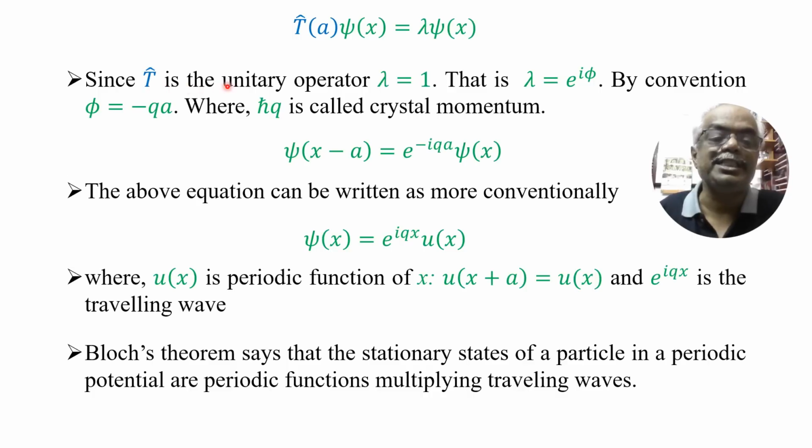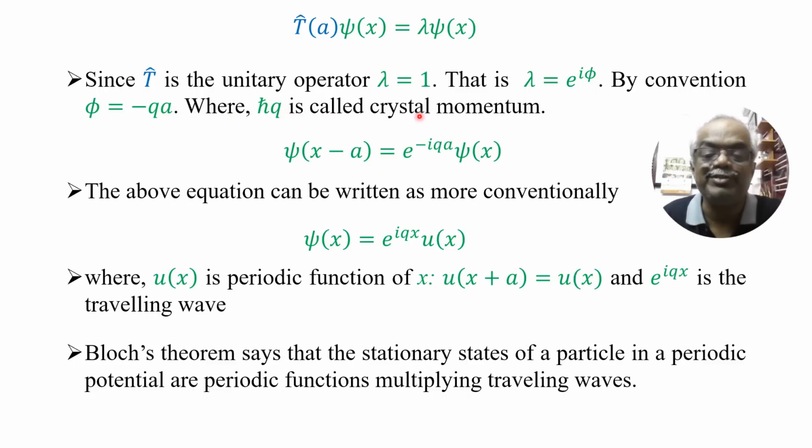Since T is a unitary operator, and a unitary operator does not change the norms, that means the magnitude of lambda must be equal to 1. That is, lambda will be in the form of e to the power i theta, where theta is some real constant. By convention, theta can be written as minus q a, where h cross q is called the crystal momentum,